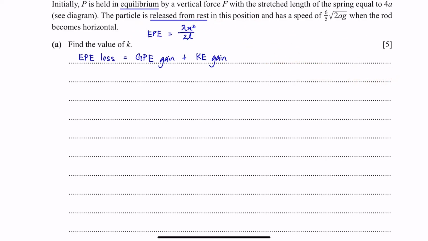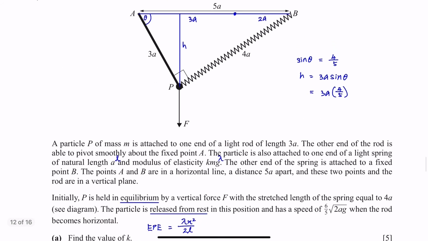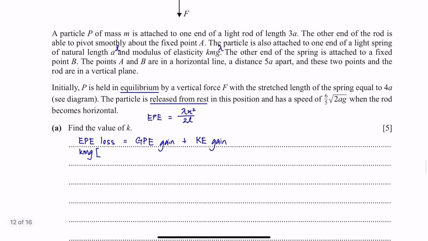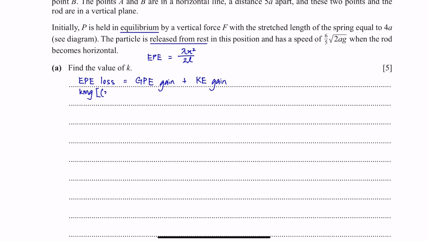Okay, be careful of that. So we have the modulus of elasticity as kmg times the initial extension would be 3a, we square it, and the final extension would be a, so we also square it, over 2a